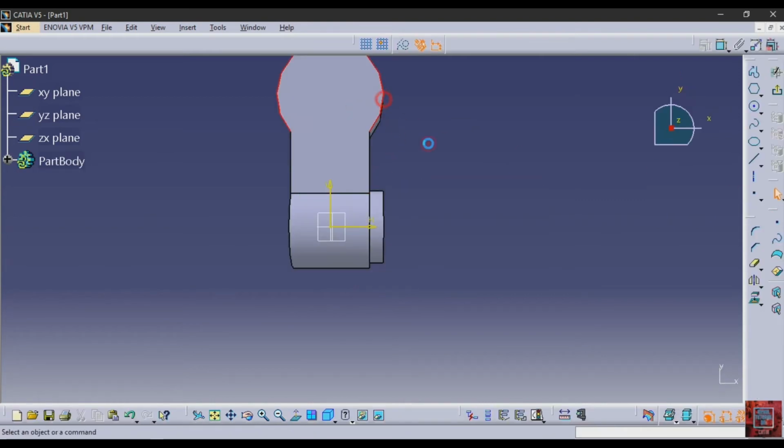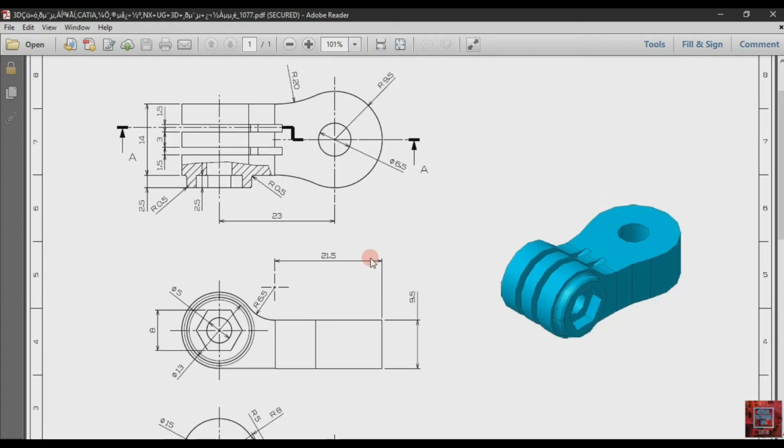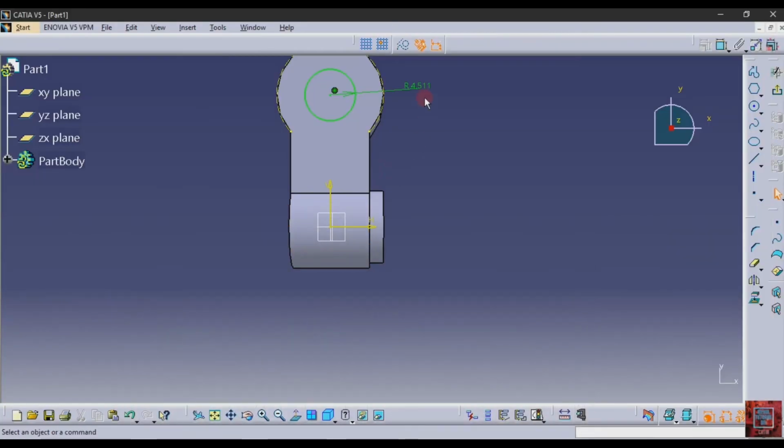After that project this circle and make it into construction. After that select a circle, find the center point of this circle, the project, then the diameter of this circle is 6.5.